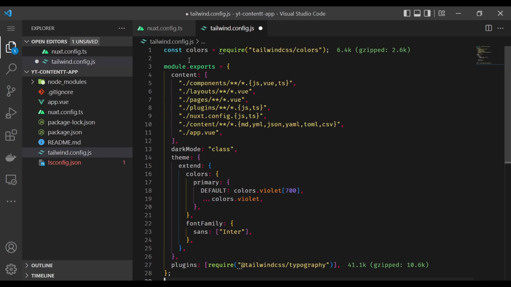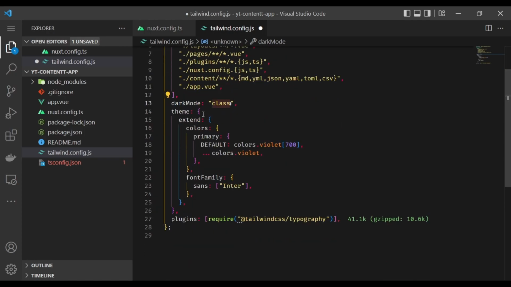So at the top, we're importing the colors from Tailwind. This content array tells Tailwind what files and folders to check for CSS classes. The dark mode enables dark mode in TailwindCSS, and it tells it to check for dark mode via the class name. In this theme object, we are able to extend different utility classes that Tailwind provides, and right here